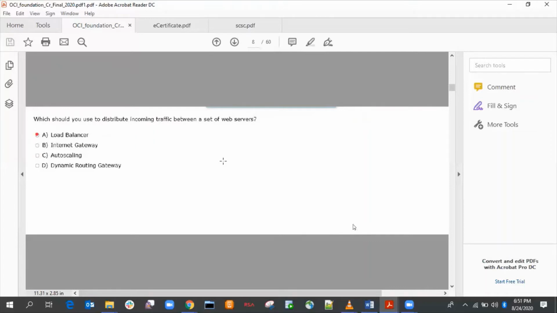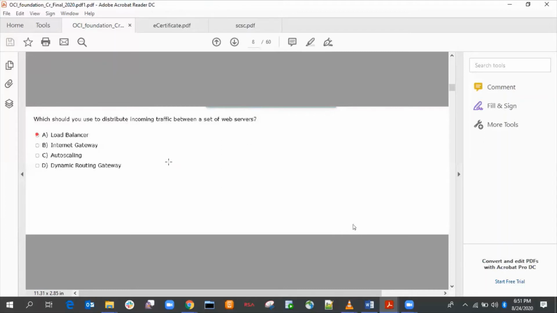Next question is which is used to distribute incoming traffic to a set of web servers? Incoming traffic will be balanced by the load balancer.